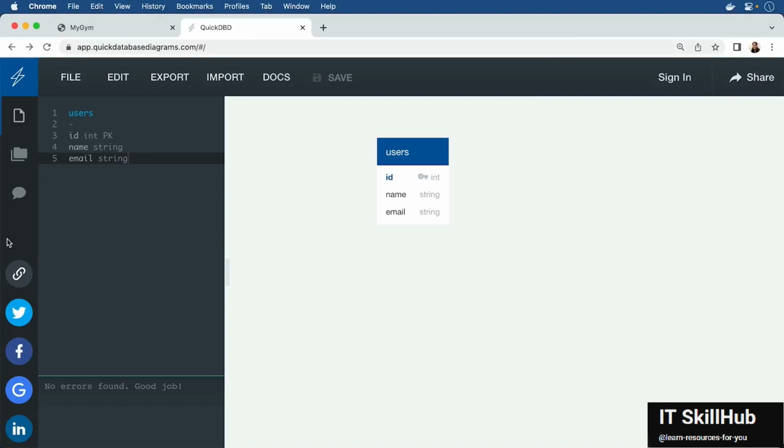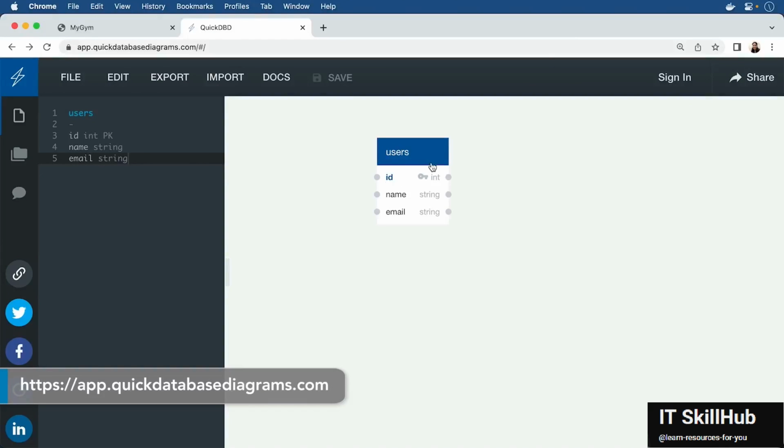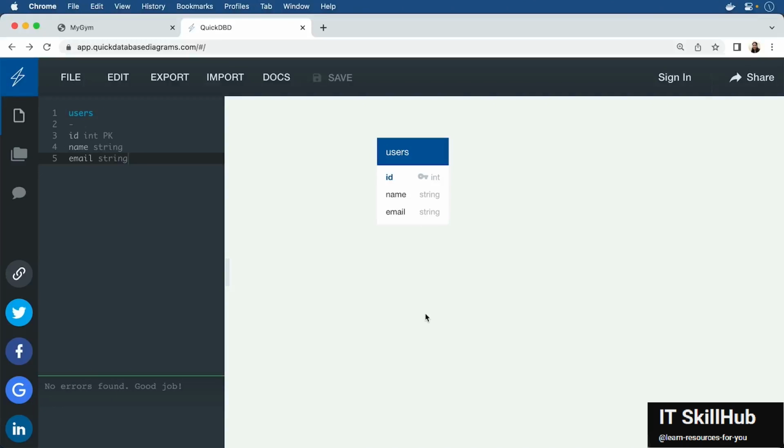Now let's start thinking about our database tables and models. We already have our user table ready. Let's think of the next table to create. The first feature of our app is for instructors to be able to schedule classes. That means we need to have a scheduled classes table.